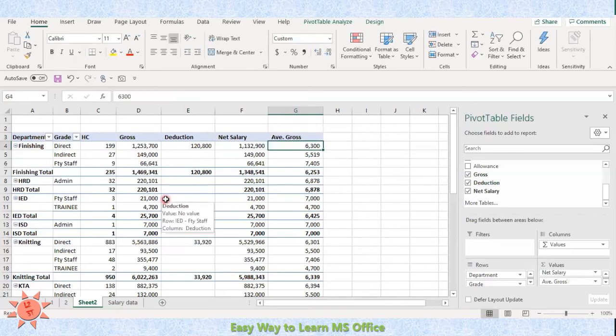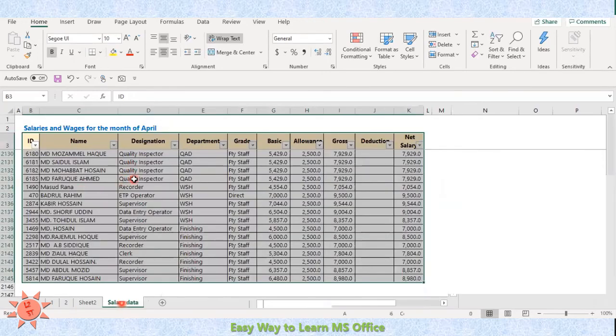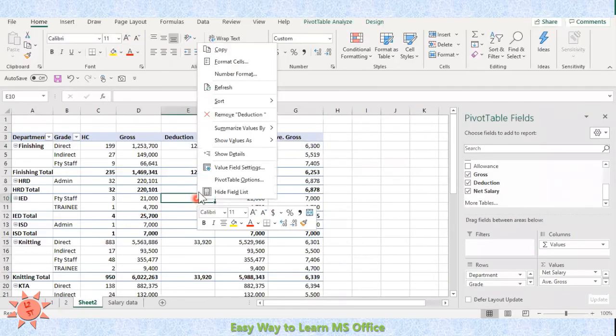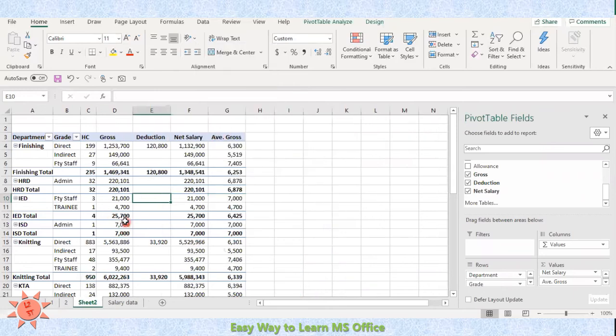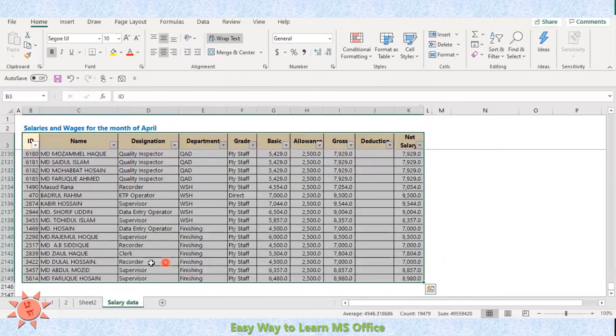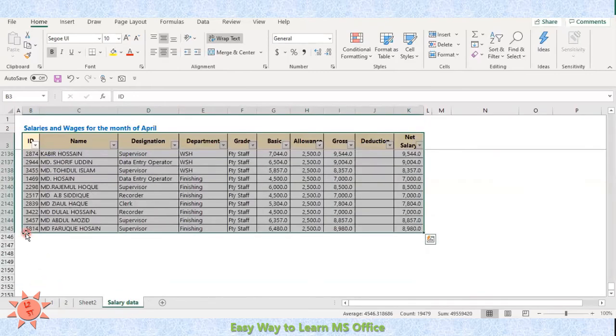Now your report is ready. This report can be used at any time. For example, if you want to use the same information for next month, you can copy and paste the month of May payroll data into this format. Then after that, when you go to this and just right click on that and refresh, it will refresh based on the new information. And also sometimes you may have an issue. Next time your headcount will be increased, then this database will be increased. If that is the case, how can we do this?